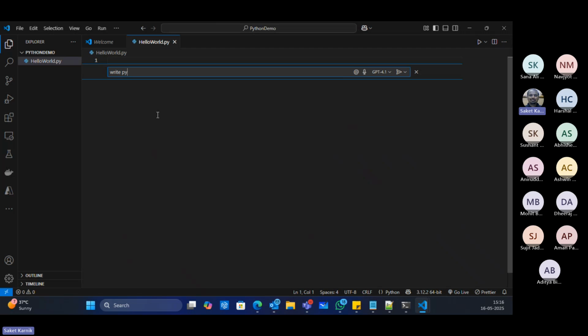Write Python script to greet the user by his name.